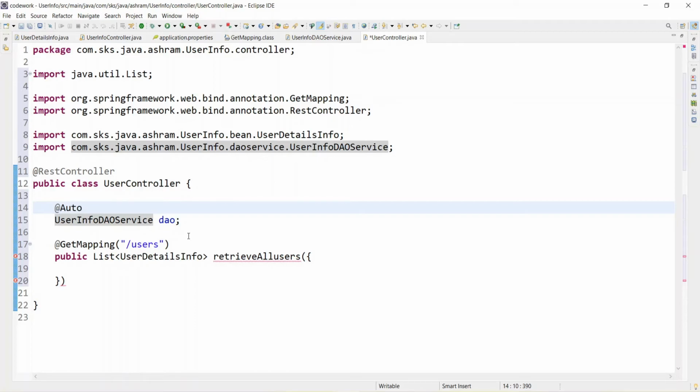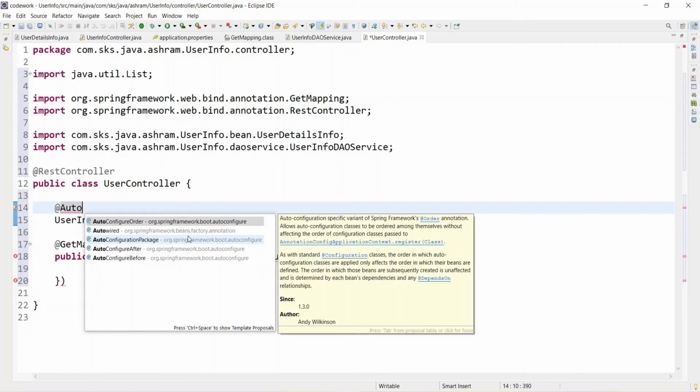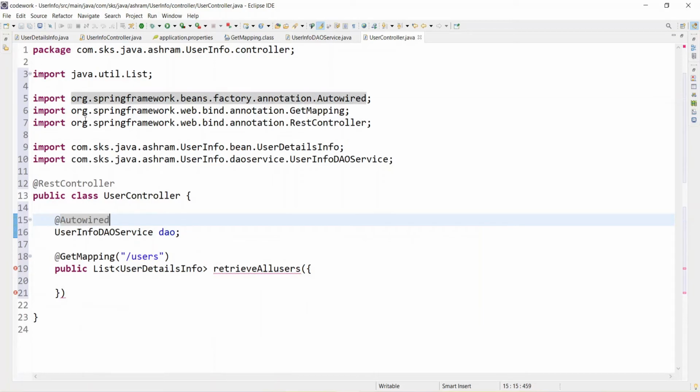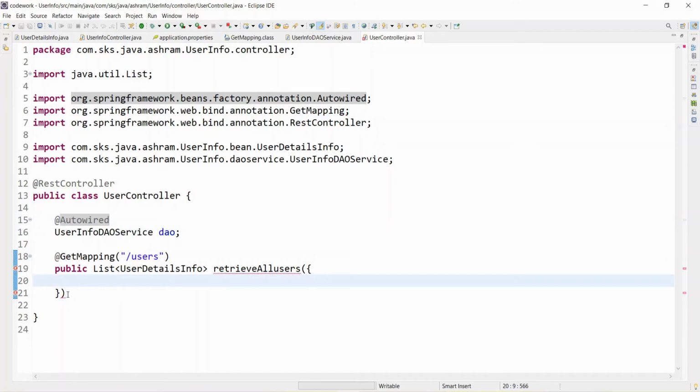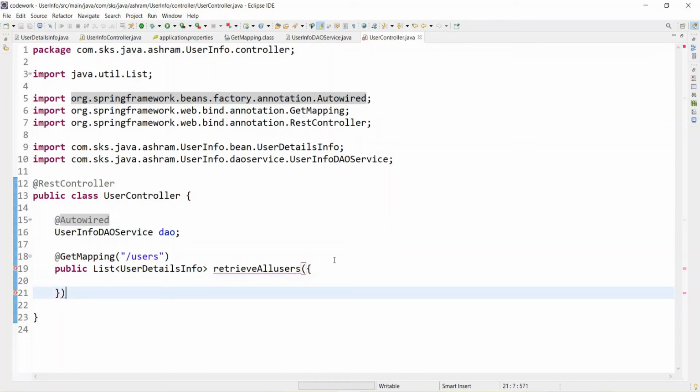So we need to do the autowired to ask for the dependency, and the instance will get created for the user DAO service. And thereafter we need to call DAO dot find all and return this. So our find all method is ready to pick all the information, our get mapping is ready.